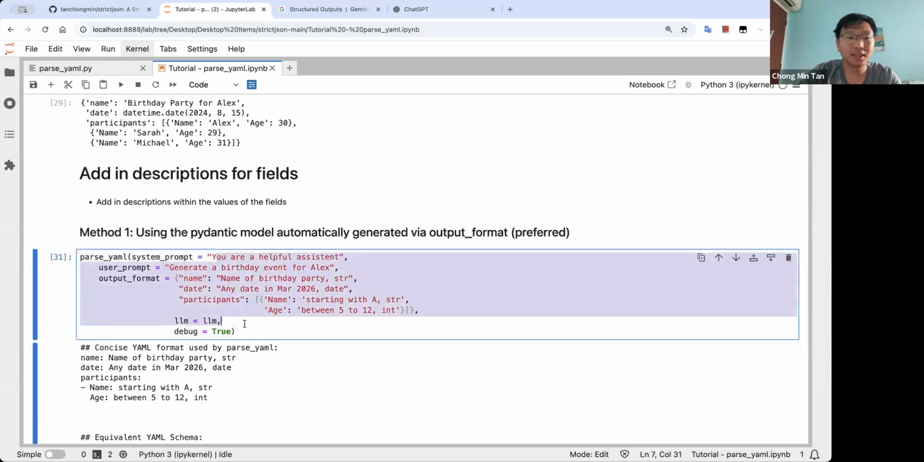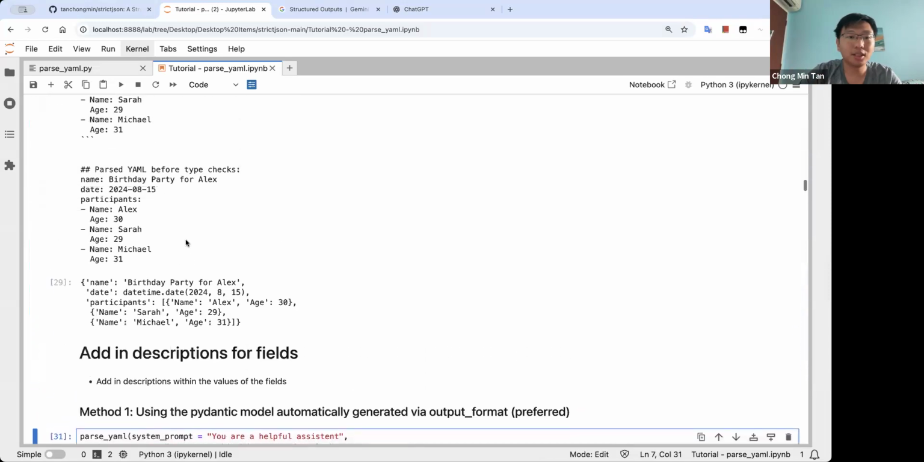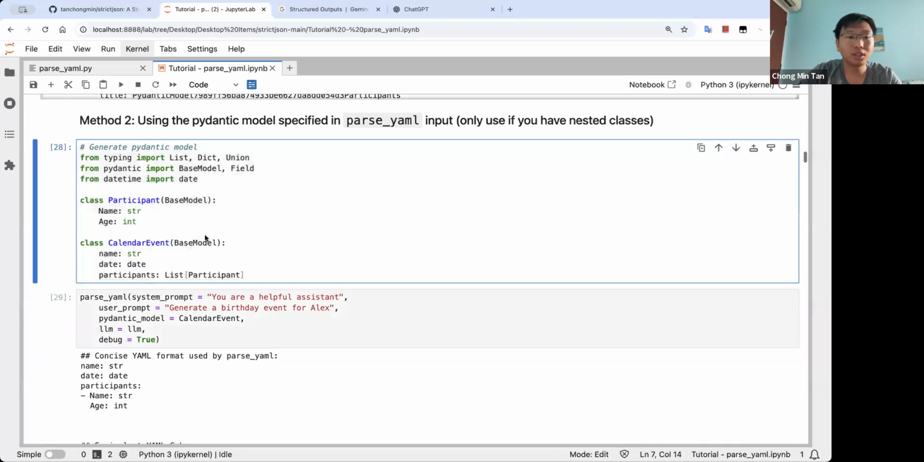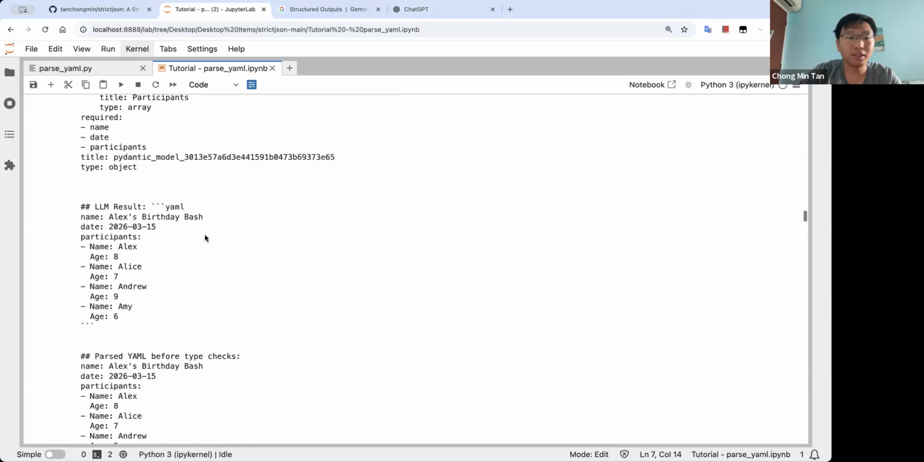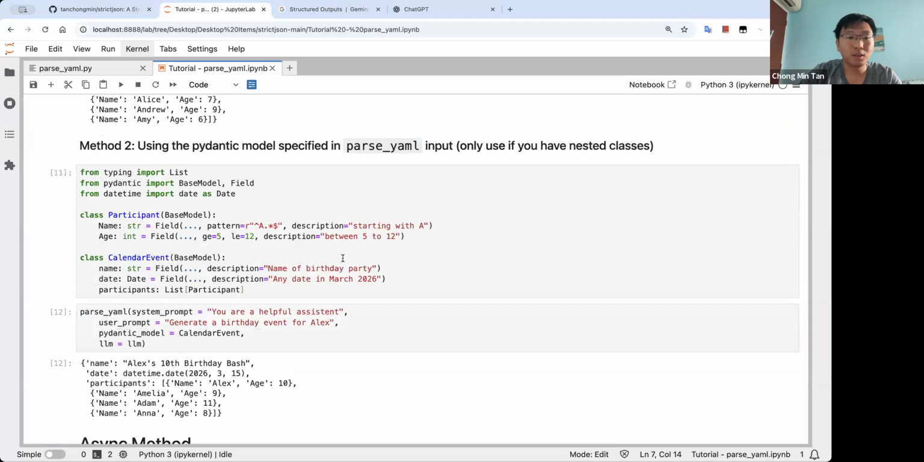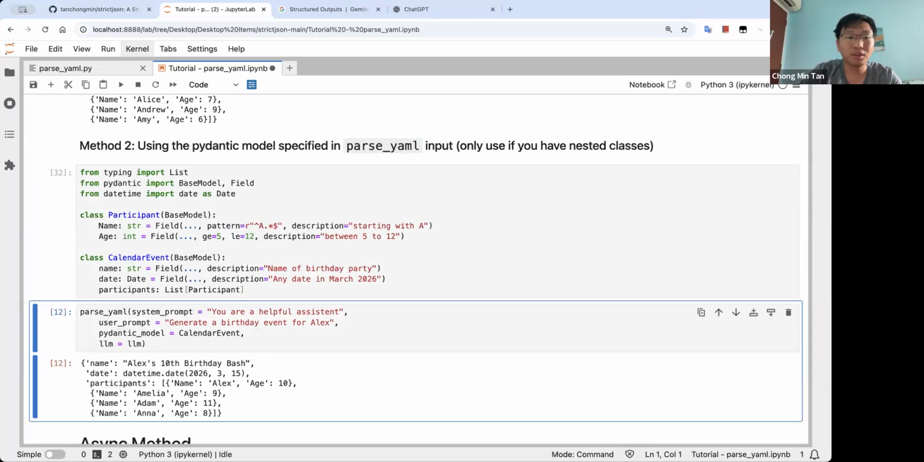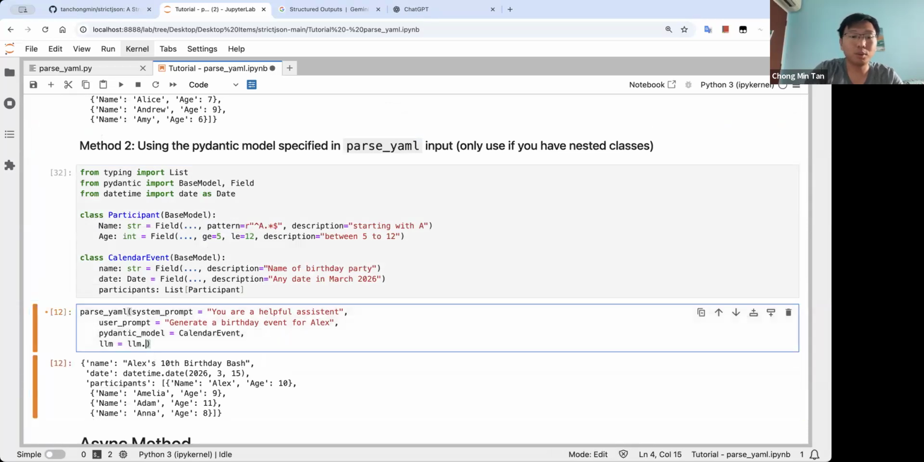So you can see this is how we do this. In fact, for the earlier case where we import our own Pydantic model, you can also do the description like that in the Pydantic model. You can even do extra stuff like check the pattern to make sure it starts with A, or greater than or less than. Okay, all this actually won't make it into the prompt. I can show you the prompt. All this won't make it into the prompt, but